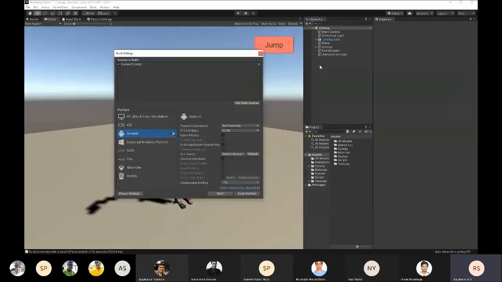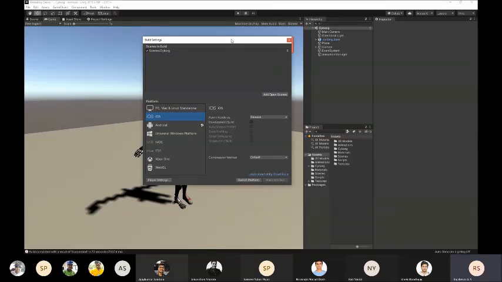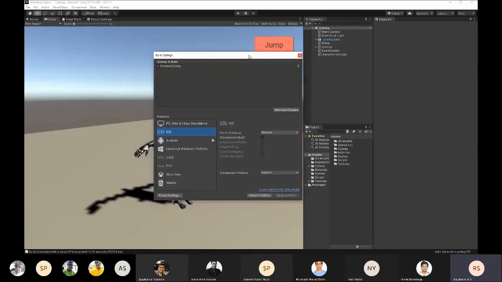Now, if you want to build for iOS, it's a bit trickier than Android. For iOS, you will need access to a macOS system, because Apple has made it such that if you want to push any apps to iOS, you have to use their own software, which is Xcode. Xcode is used to build macOS, iOS, tvOS, any Apple OS software.